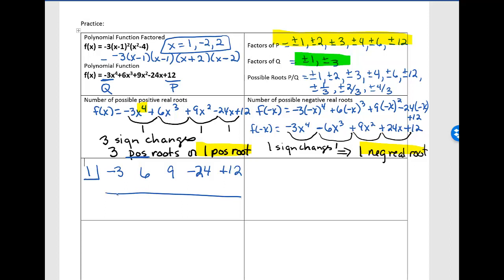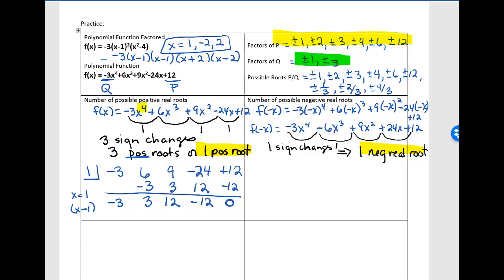So recall, we're going to bring down the -3, multiply by 1 and get -3, do what it says. 6 minus 3 is 3. 3 times 1 is 3. 9 plus 3 is 12. 12 times 1 is 12. -24 plus 12 is -12. -12 plus 12 is 0, and it gives us the magic 0. So we have just found our first root, and so x equals 1 is a root, which means x minus